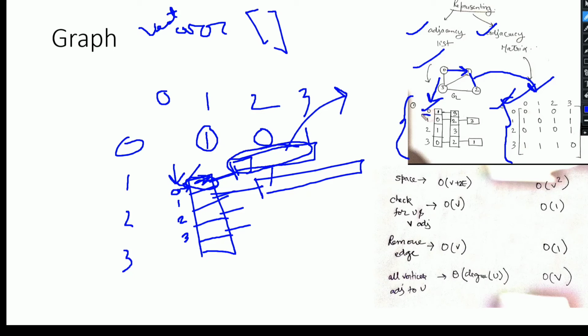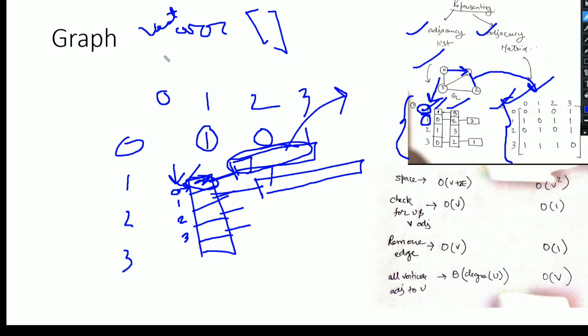If we see 0, we find that 0 is connected to 1 and to 3, so inside 0 we can place 1 and 3 in a vector. Now next is vertex 1. Vertex 1 is connected to 2, 3, and 0, so inside vertex 1 we can place 0, 2, and 3.